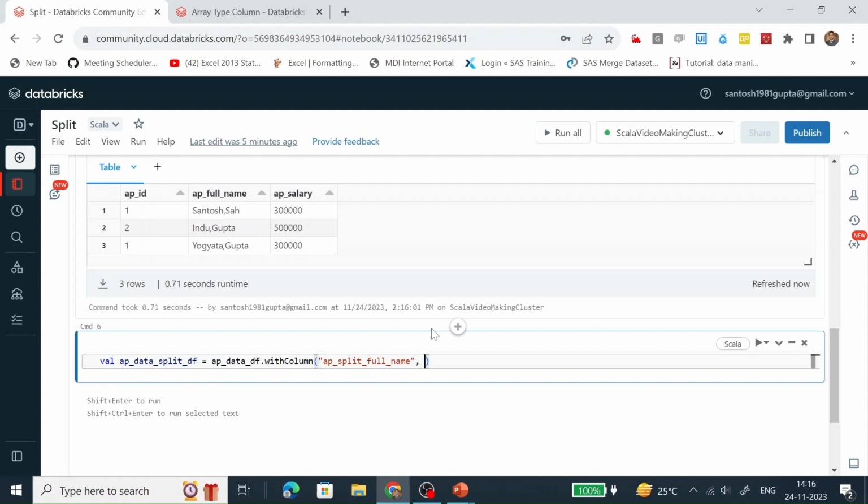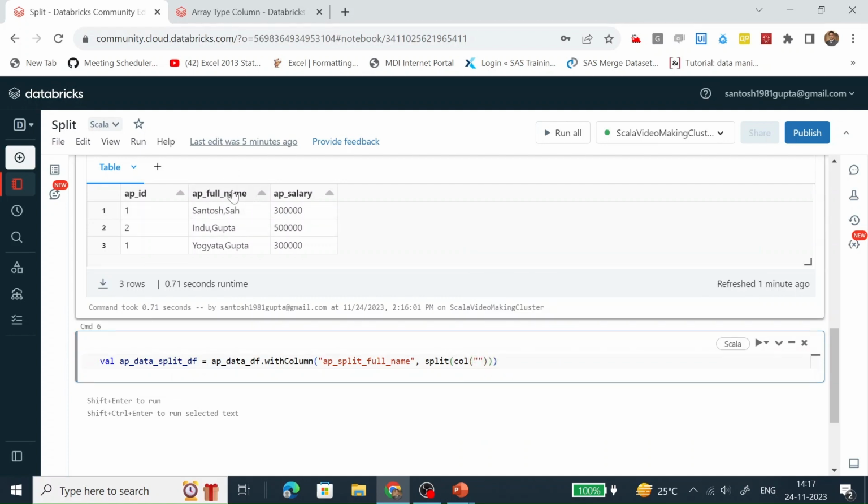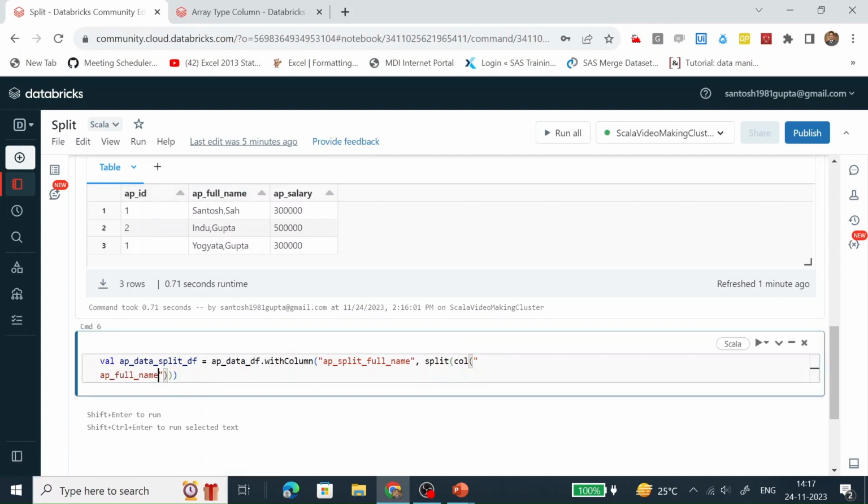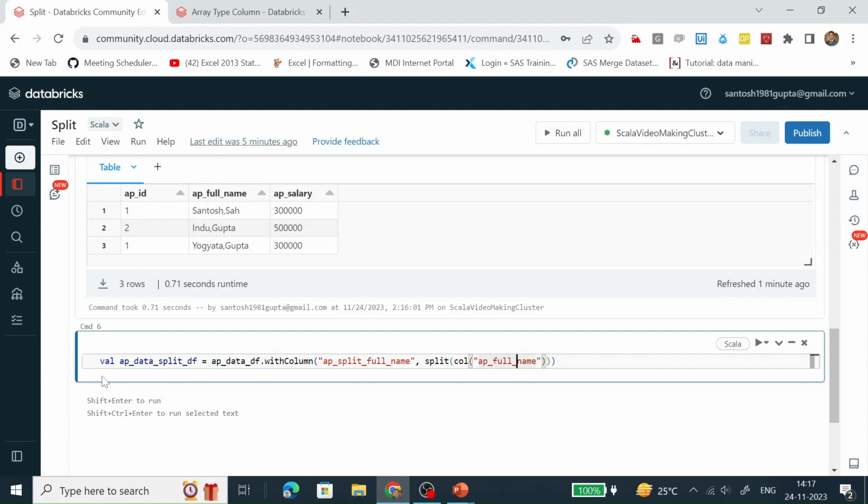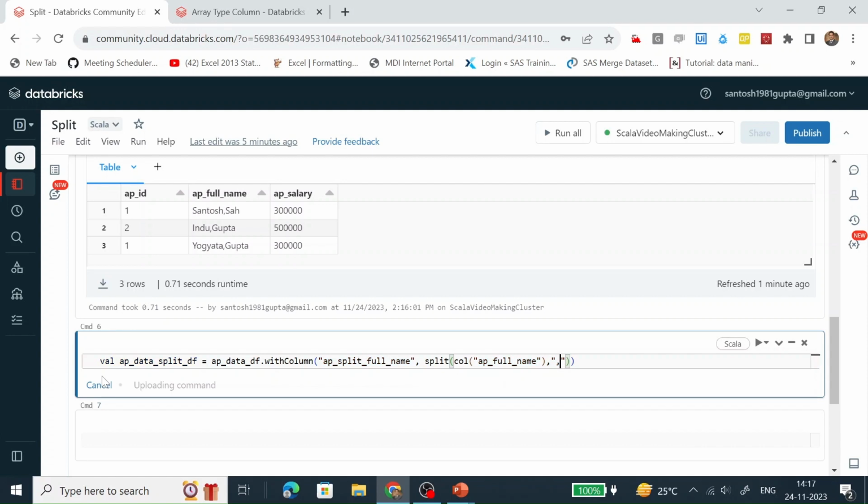And how will this column be populated? It will be populated with the help of the split function. And which column are we going to split? We are going to split AP underscore full name based on comma. Let's run it.